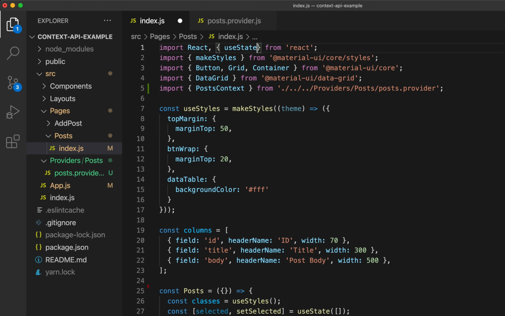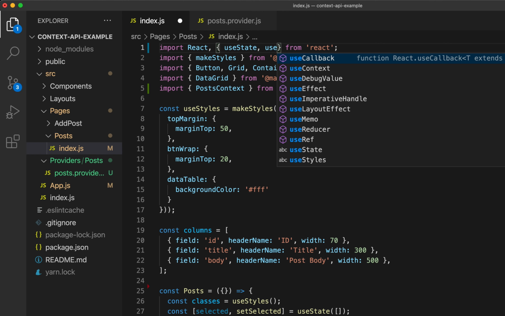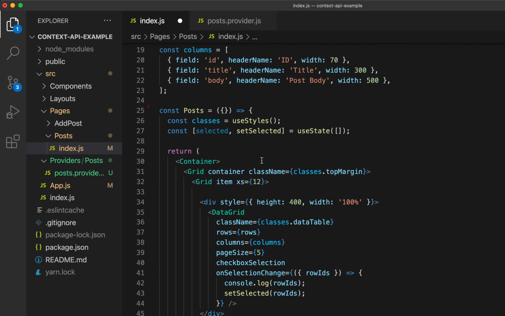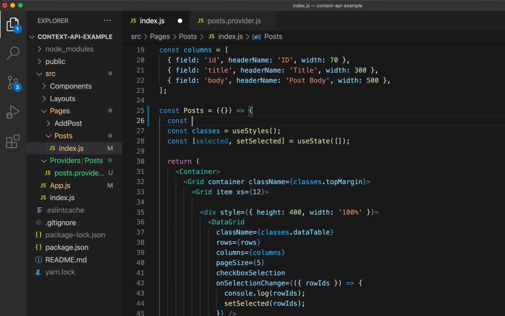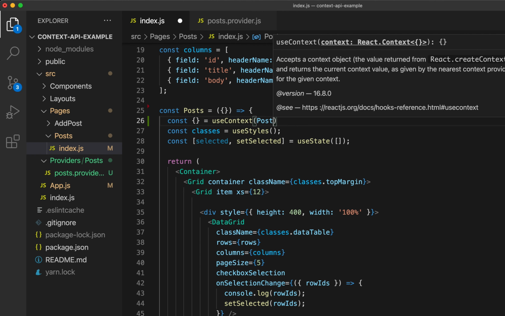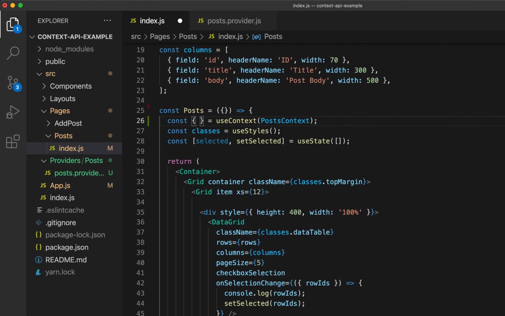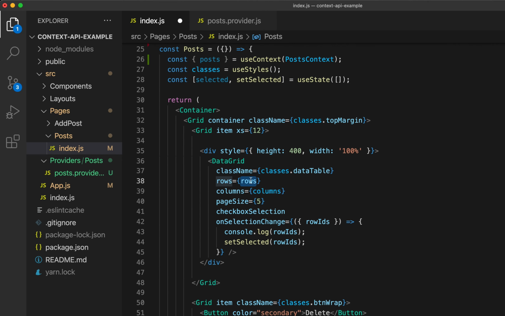To use that, I need to import another hook from React, which is the useContext hook. And then at the top of the function, I just need to call that hook. So I'll say useContext and pass in my posts context. And that will allow me to destructure posts, which I can then pass into the data grid